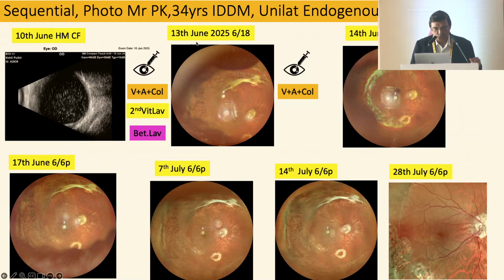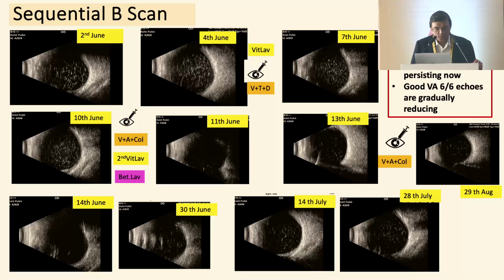On 13th June, he had a repeat surgery. This is how initially the fundus was not seen. You can see the fundus now. The visual acuity improved to 6/6 until now. When I saw him last on 29th August, he was doing well with good visual acuity. So this is the sequence of ultrasounds for this particular patient. When he presented to us on 2nd June, this is a vitrectomized eye, so he had this